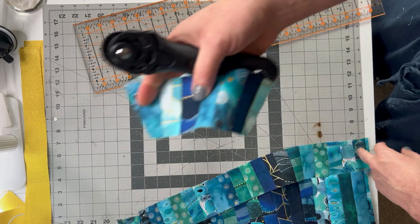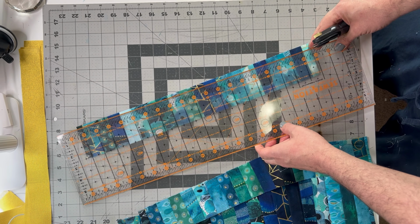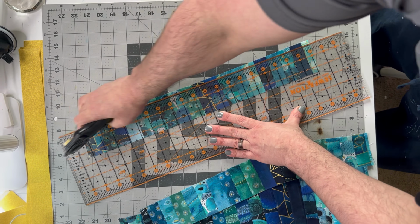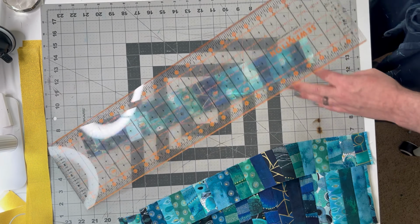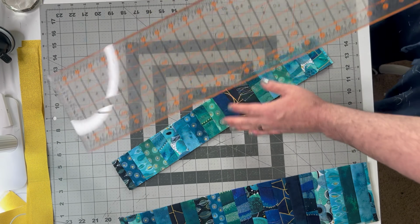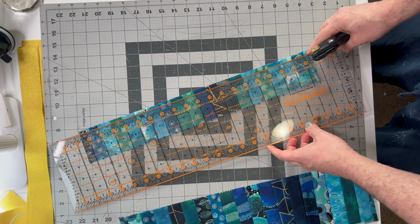It makes the project really fun, and it allows me to get into my zen where I'm just present with it and don't stress out, and however it ends up, it ends up. Especially with a project like this, which is very random, improv-esque. Not a lot of thinking until you need to think, which is the spot that I'm at now. So I will now trim all of these to the measurements that I need to,